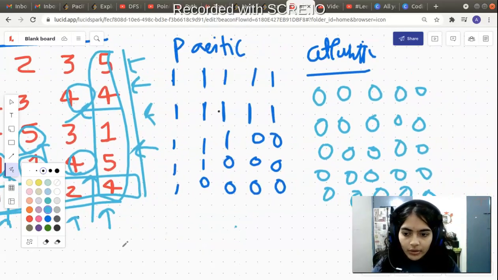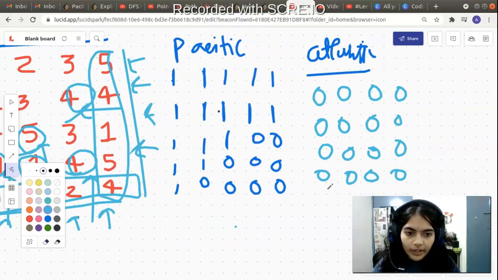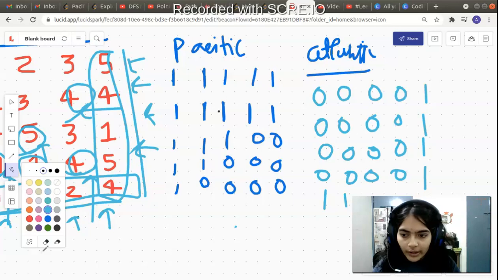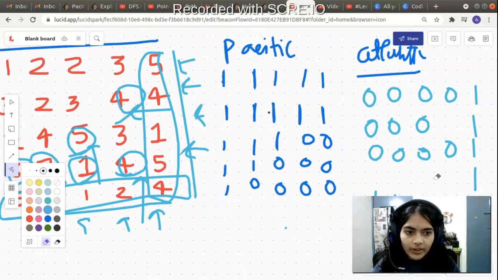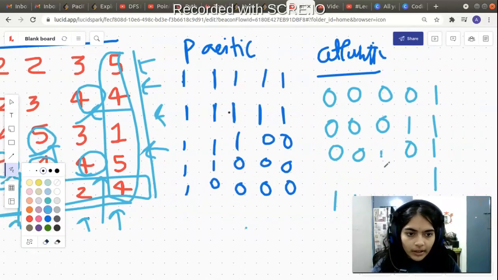Let me mark those values here as 1, so that we can compare and see which are the common intersection points where water can reach both the Pacific and Atlantic Ocean. First of all, these values are 1, and let me mark the other values that are 1 also. This is 1, this is also 1, this is 1, this is 1, this second last row is also 1, and we have one extra value, the middle value, this is also 1. Let me just mark it. Now we have got all the cells where water can reach.